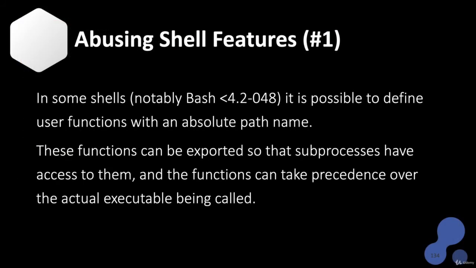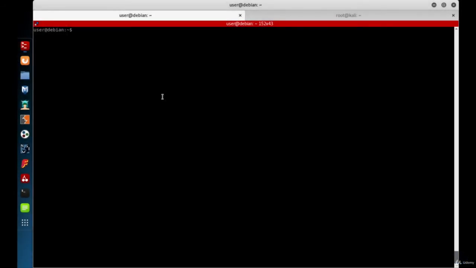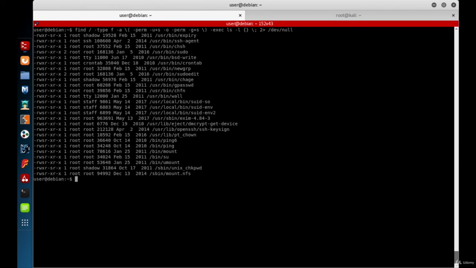In some shells, notably bash versions lower than 4.2-048, it is possible to define user functions with an absolute path name. These functions can be exported so that subprocesses have access to them, and the functions can take precedence over the actual executable being called. If we use find to locate all SUID and SGID files on the Debian VM, we can see that the